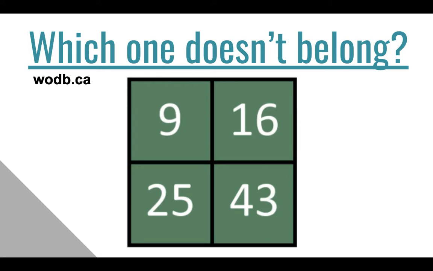Some might say 9 because the digits in each box of the others add up to 7. Some say 43 because it's not a perfect square. 9, 16, and 25 are all perfect squares. Those are just a few answers. There are lots of other ones here. And what this activity does is it gets kids sharing and talking and explaining their thinking, but it also gets them comfortable with there being multiple right answers and really no wrong answer as long as they can explain their